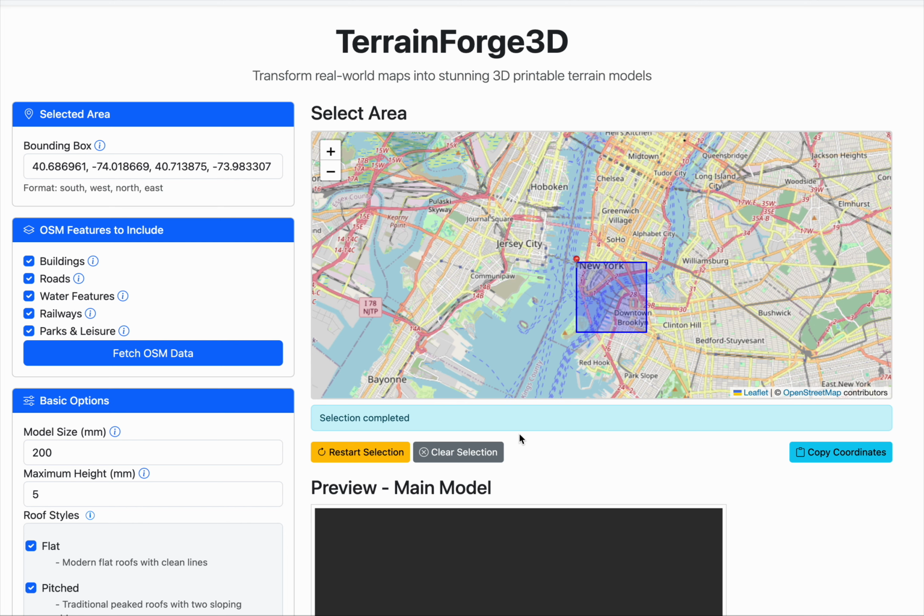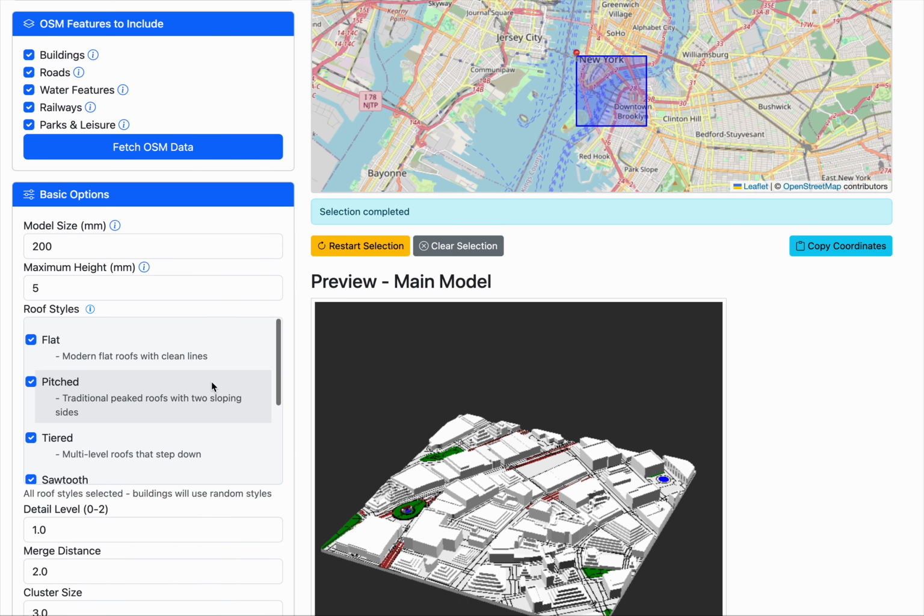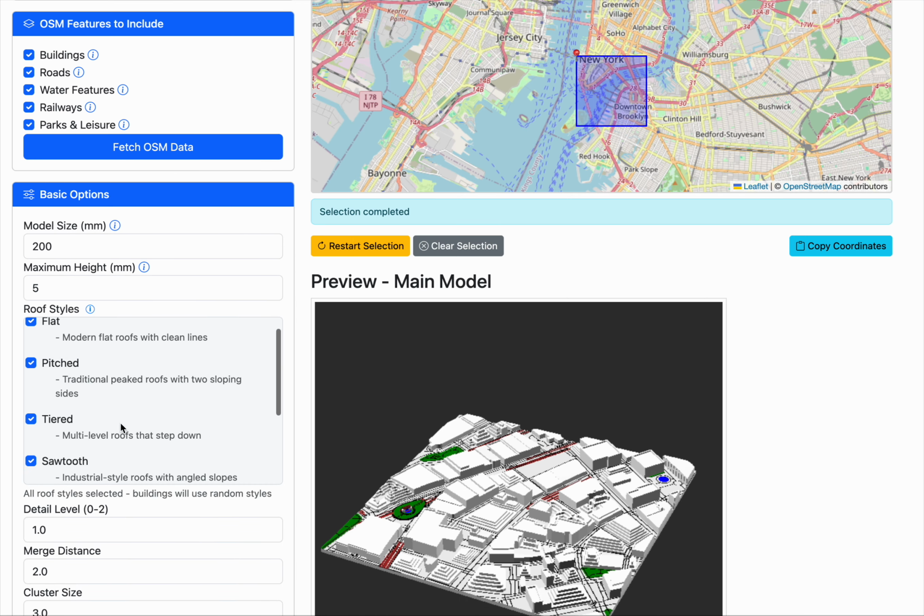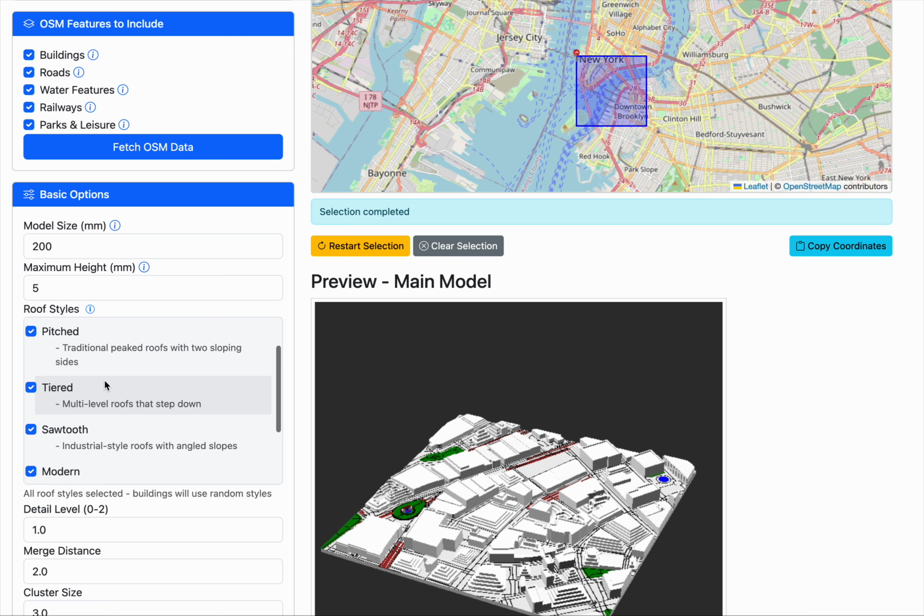Now, TerrainForge3D, where you define a bounded box. You could fetch OpenStreetMap data from it: buildings, roads, waters, streams, rivers, bays, etc., railways, and parkland. And you could define some info around it, like how you want it to generate roofs, and have like